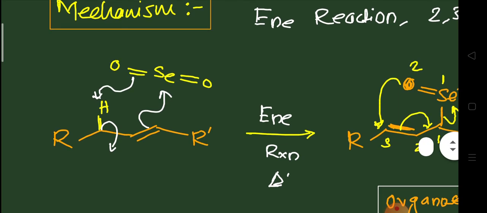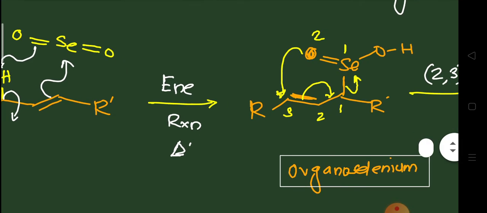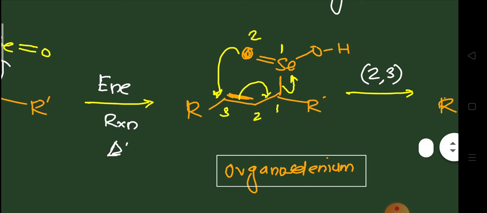So, SeO2, which is already in the +4 oxidation state, reacts with your substrate, and this yellow colored hydrogen is an active hydrogen. It first reacts with the oxygen, making a bond with it, and your double bond reacts with the selenium. So it makes a cyclic transition state, and that reaction is called the ene reaction. The ene reaction is nothing but the transfer of an allylic hydrogen toward the unsaturated system. Here that hydrogen from your substrate is transferred to your reagent, and a selenium-carbon bond is formed. This compound is called an organoselenium compound, okay, is it clear?